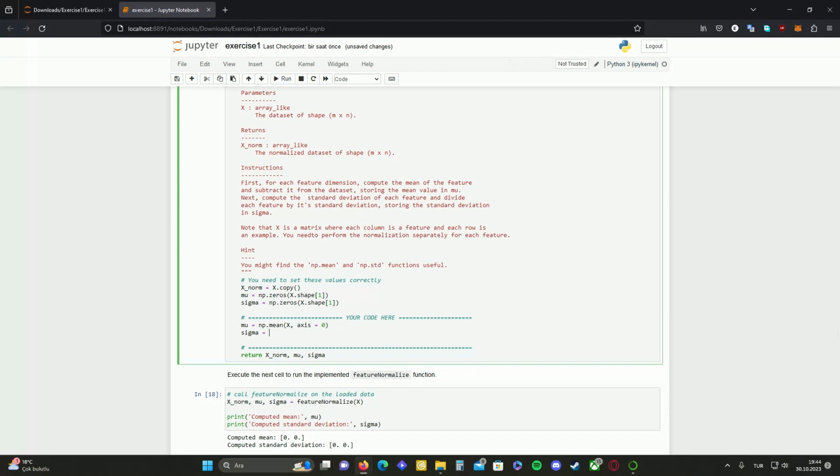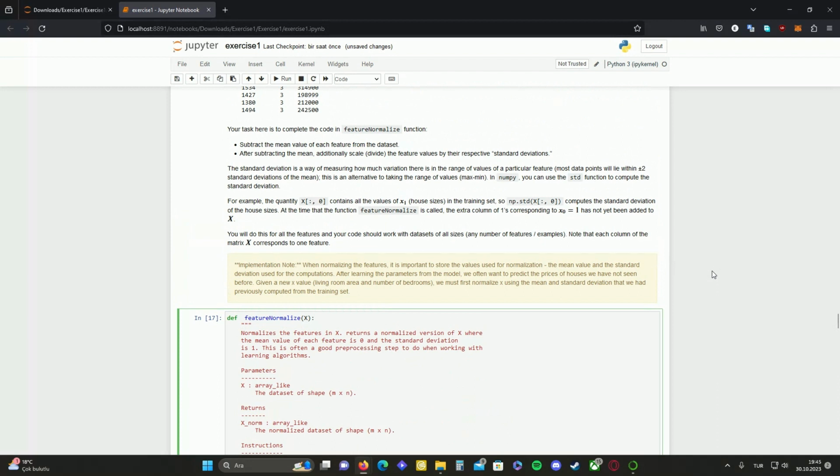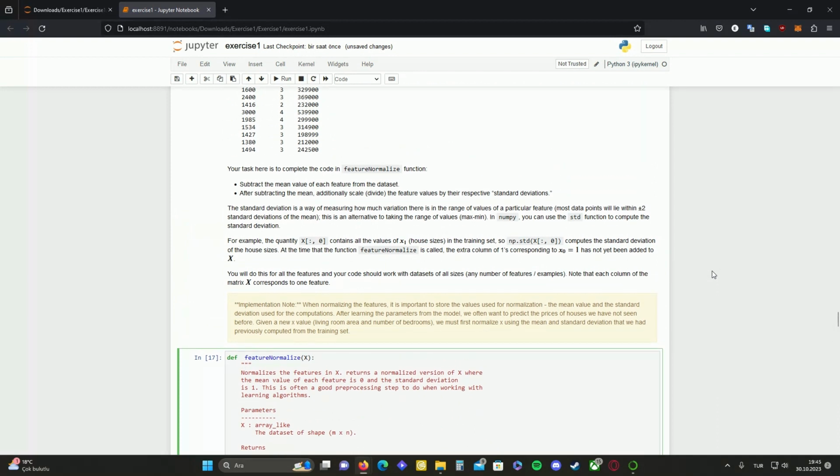Sigma is equal to numpy std x, axis equals 0, and